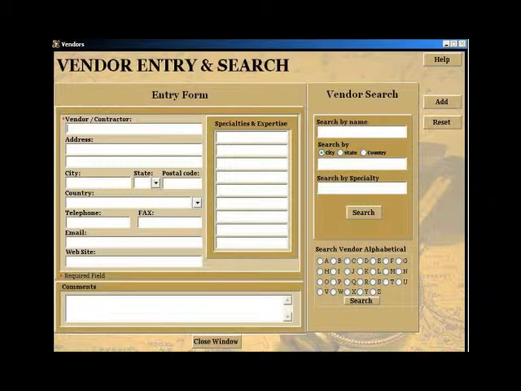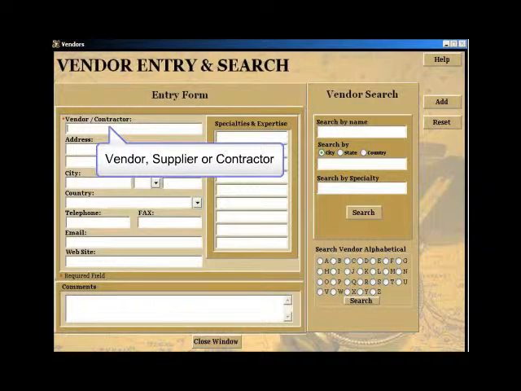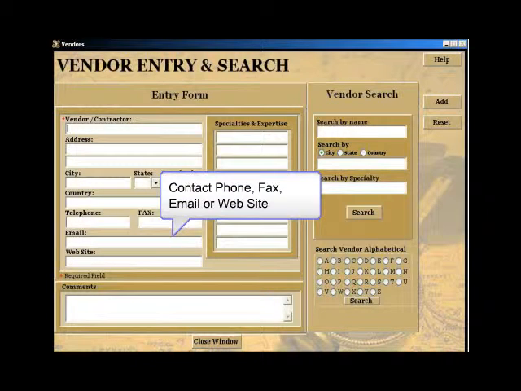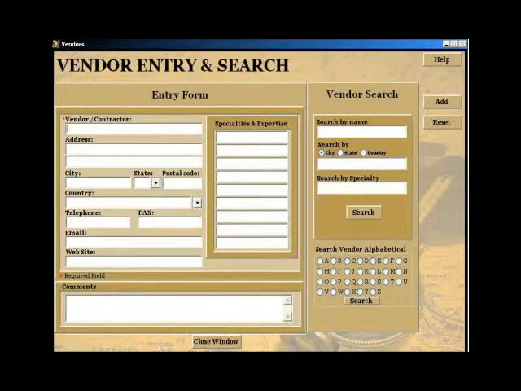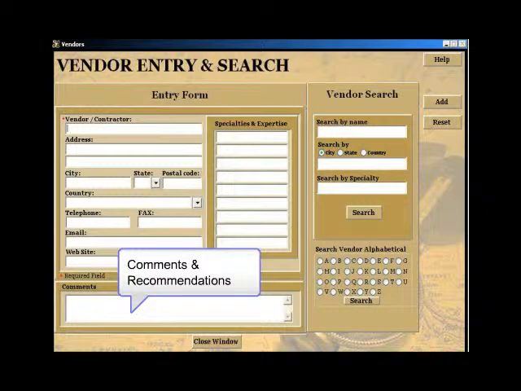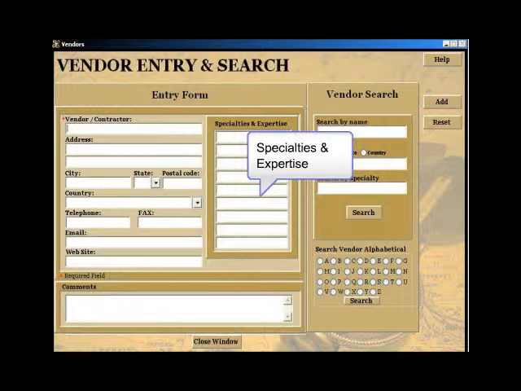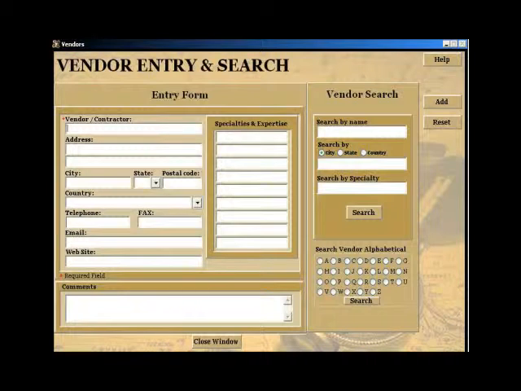The vendor and supplier entry screen enables you to enter vendor information and their specialties. The only required field is the vendor or contractor name. The other fields include their address, their country, contact information, which includes telephone number, email, and website, a comments field that lets you describe what they do best, and a specialties and expertise box that lets you enter keys with multiple specialties and expertise. The vendor search box on the right